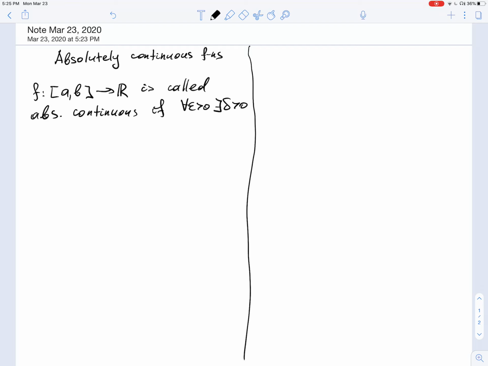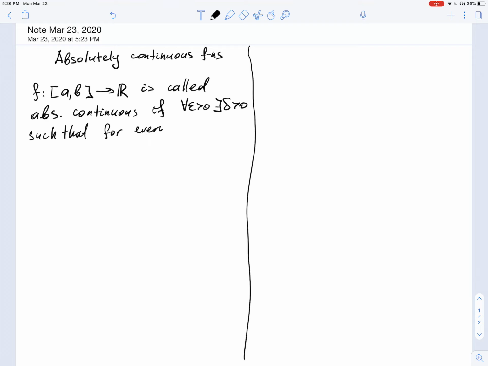And now you would expect that I say that if 2 points are close enough to each other, then the values of the function are close enough to each other. But now we will do something completely different. We'll also say that, okay, so such that, so there exists a delta such that